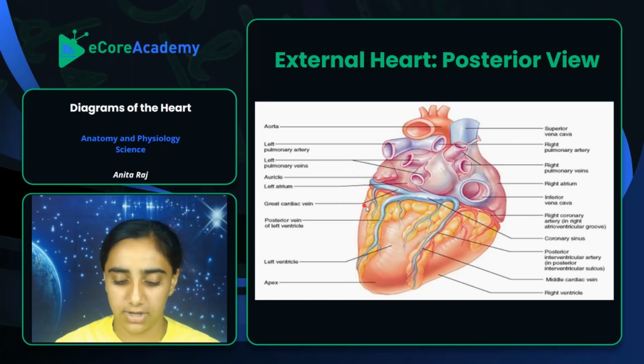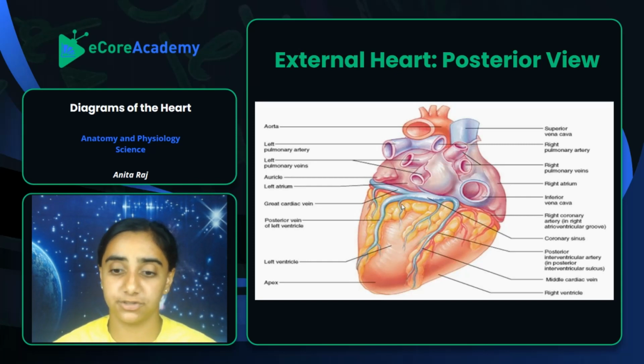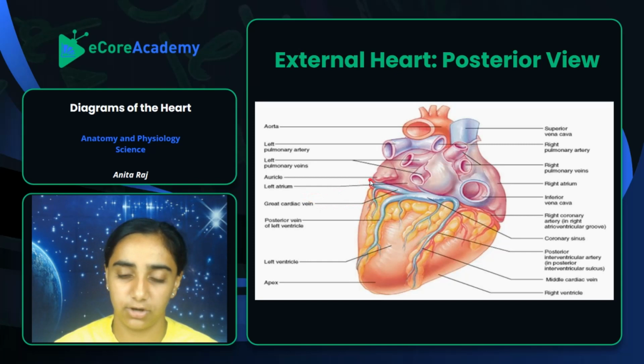You have your great cardiac vein over here. We already talked about it. It's the largest of the veins draining into the coronary sinus from the myocardium. It collects deoxygenated blood from the anterior surfaces of the left ventricle. So it's right over here. This is your great cardiac vein. It just loops around from the front of the heart, from the front of the left ventricle, and then it